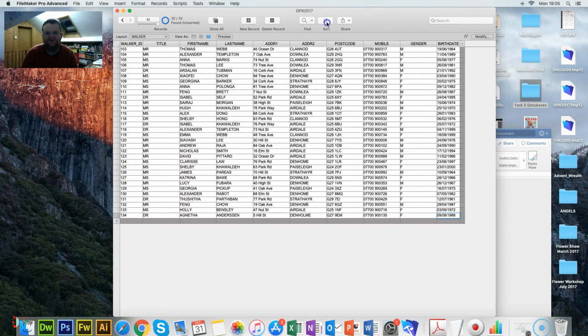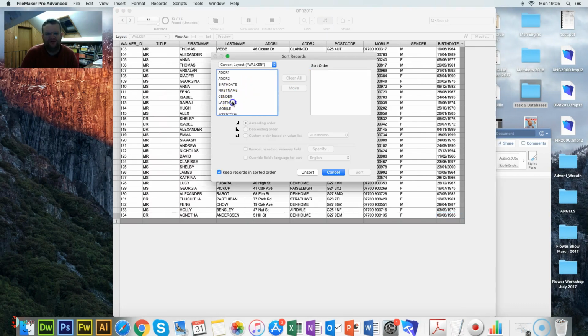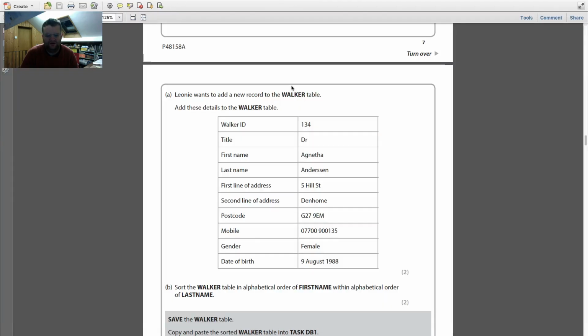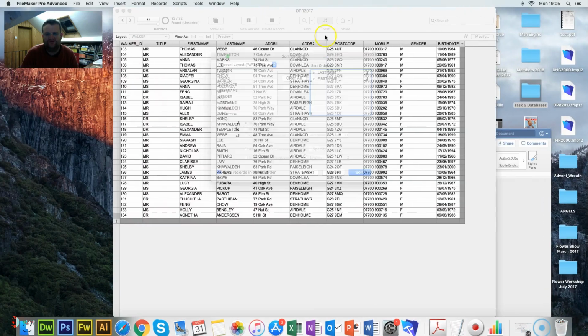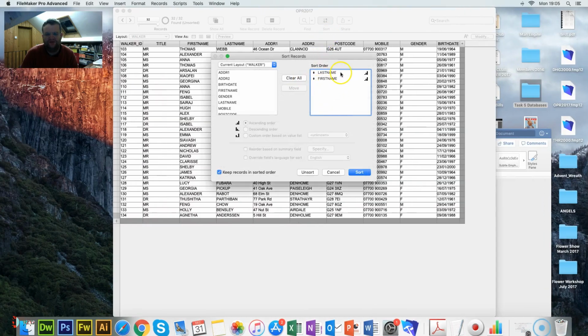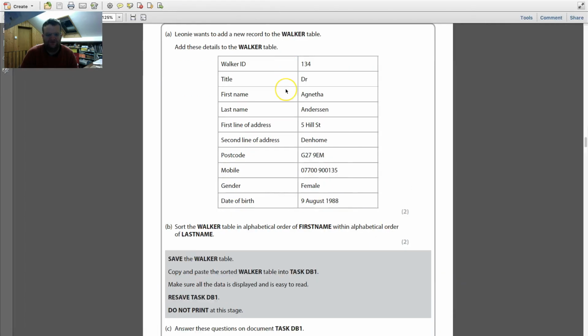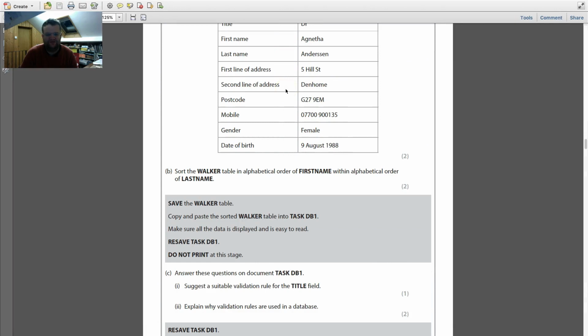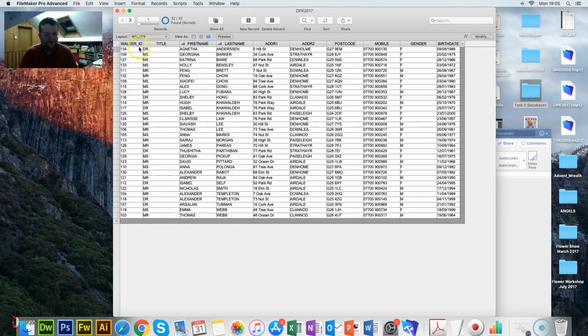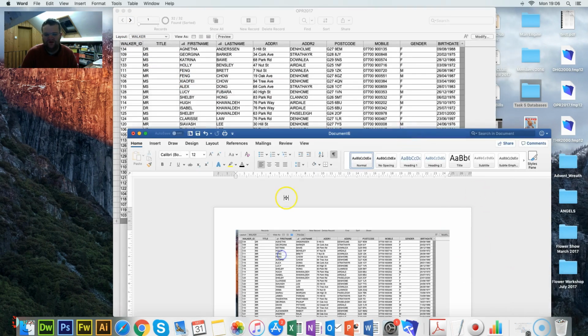So last name first. So we do last name, first name, and is it alphabetical order within alphabetical order? So it's ascending, good. Sort, and it says here, save this table, copy and paste to DB1. Okay, so Shift Command 4, and I just select it, drag it in,